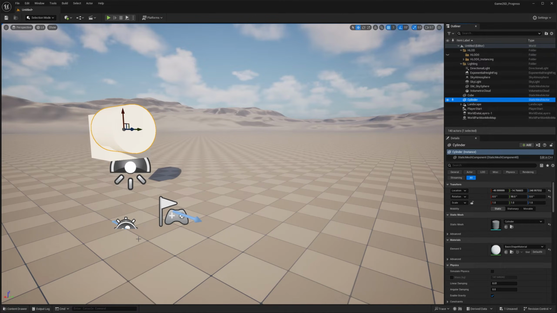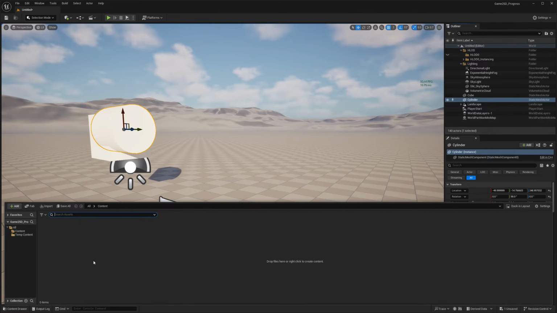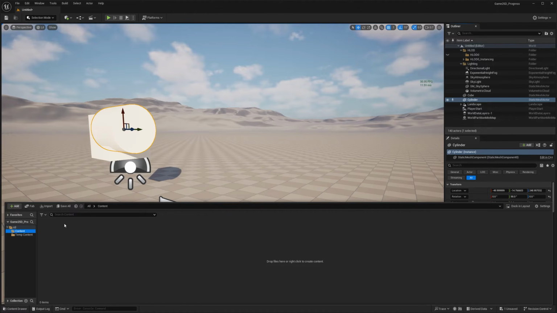A little bit hidden in Unreal Engine 5 is your content drawer. If you go all the way to the bottom left here, see this icon? If you press it, you essentially access all the content that you have in your project. Unfortunately for us, in this project, there is nothing yet. We haven't created anything, so nothing is going to show up in this location right now.